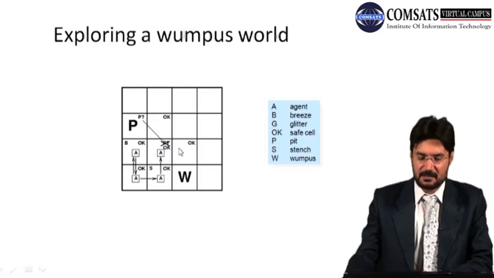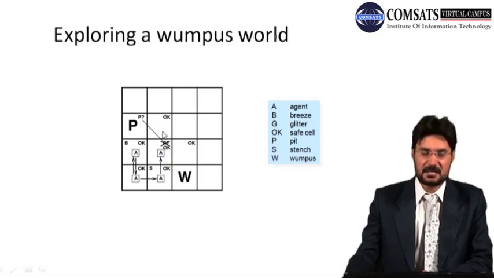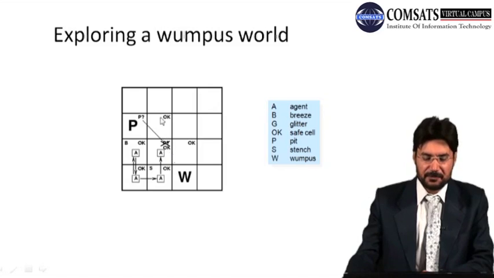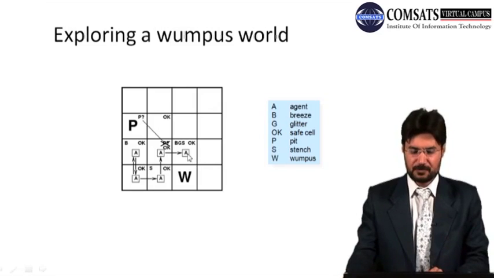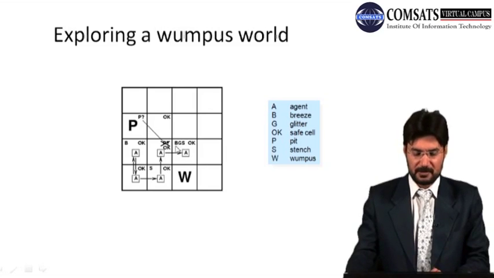تو اب ہمیں پتہ چل رہا ہے کہ ہم ان دونوں میں سے کسی ایک سائڈ پہ جا سکتے ہیں۔ اس کی وجہ یہ ہے کہ ہمیں تو یہ 2 کنفرم ہو گئے، لیکن جب ہم یہاں جائیں گے تو ہمیں نیکسٹ سٹیپ میں پتہ چلے گا کہ یہاں پر بریز ہے یا نہیں ہے۔ تو جب ہم نیکسٹ پوائنٹ پہ پہنچے تو ہمیں بریز بھی آ رہی ہے، گلٹر بھی ہے، اور سٹنچ بھی آ رہی ہے۔ تو گلٹر کا مطلب یہ ہوا کہ یہاں پر گولڈ ہے، تو ہم گولڈ کو لے کر واپس اس راستے سے جا سکتے ہیں۔